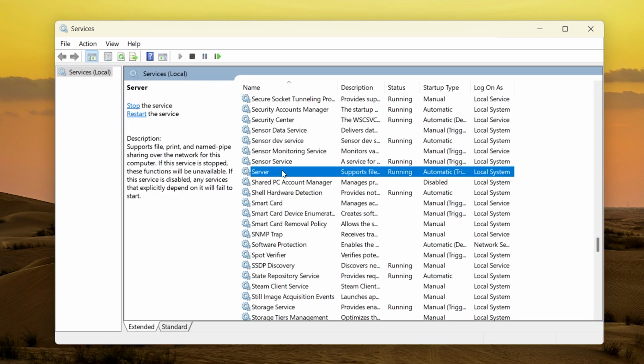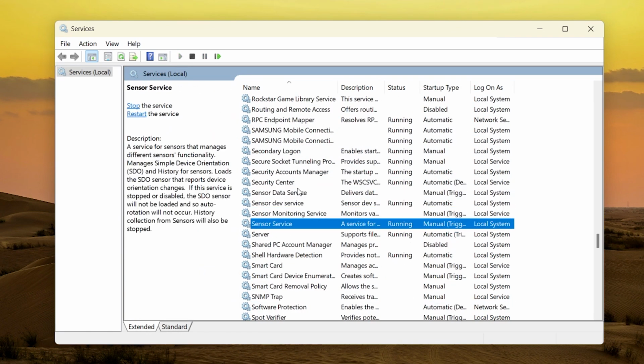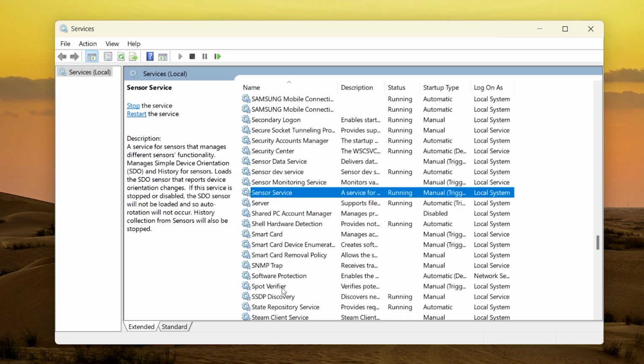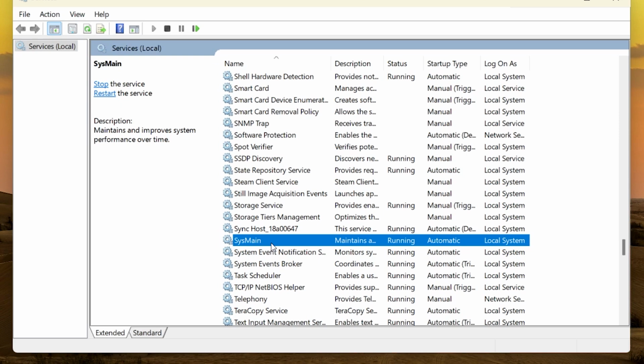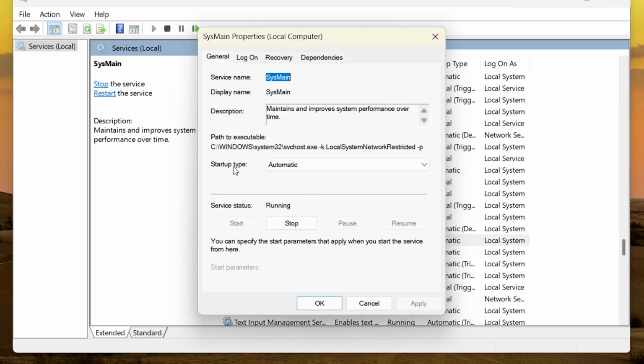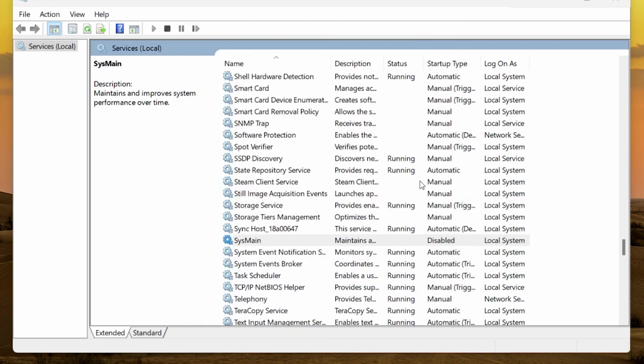So let me show you exactly which one you need. Let me just find it first. SysMain is right here. This actually is sometimes called Superfetch. This preloads apps into memory, but on an SSD it's unnecessary and just burns your RAM. We need to find it and then double click on it. And then right here we need to change the startup type to disabled, and then we need to stop it right here. Once we do this, we'll be saving a lot more performance in the background